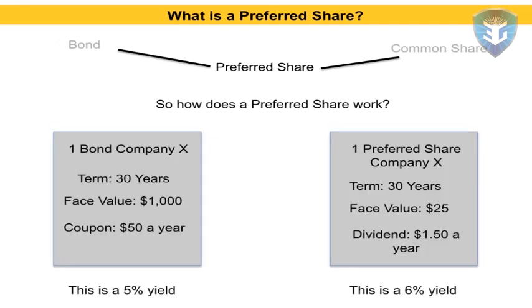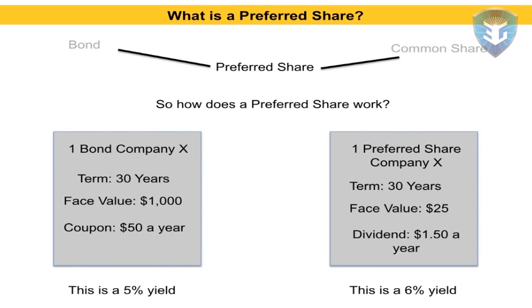As you can see here on the left-hand side, I have a bond, okay, and we're just going to call this Company X. So one bond of Company X. We're going to say that the term on the bond is 30 years. And if this terminology isn't making sense for you, I strongly encourage you to go back to Course 1, Unit 2 in order to take the 3 lessons about bonds. And all of this will be crystal clear after you take those lessons. So go back and take a look at those if these terms aren't making sense for you. But let's say on the left-hand side we have a bond. The term is 30 years. The face value is $1,000, and the coupon is $50. So our yield, we know based off of those figures, would give us a 5% yield on that bond.